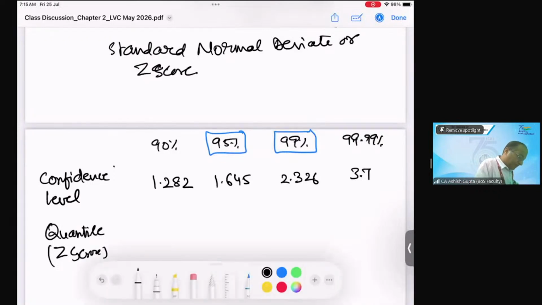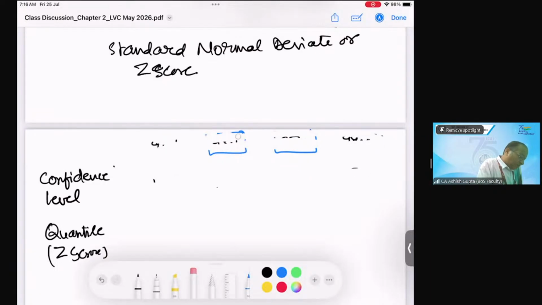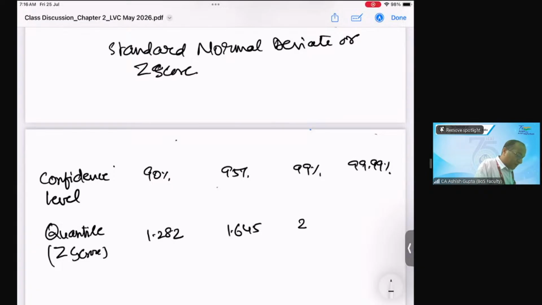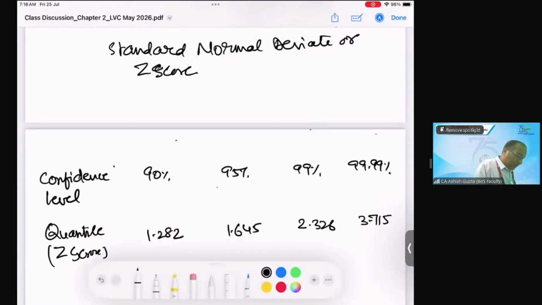Sorry, I am rewriting again, I mistakenly wrote it wrong. The confidence levels are 90%, 95%, 99%, and 99.9%. Okay, now the quantile values will be 1.282, 1.645, 2.326 and 3.715. As I told you, in most cases, commonly used values are